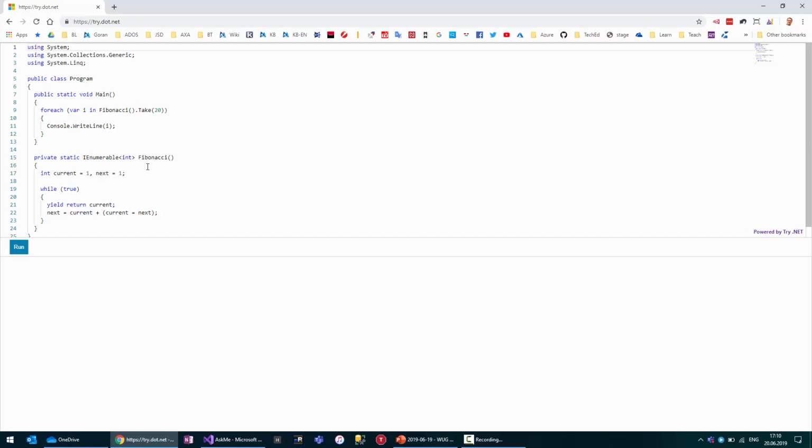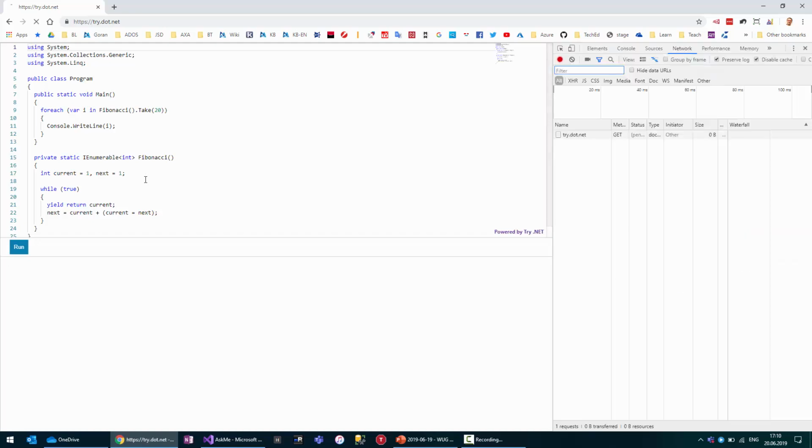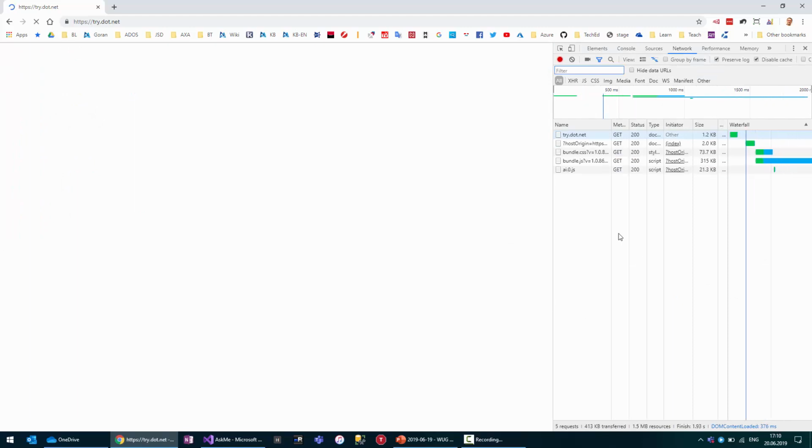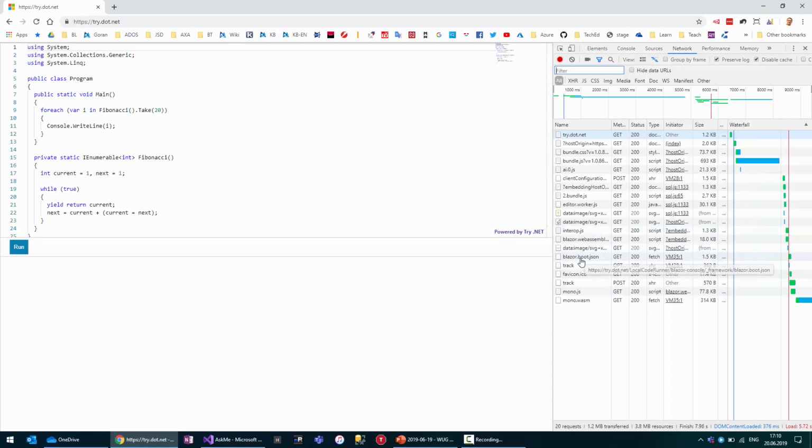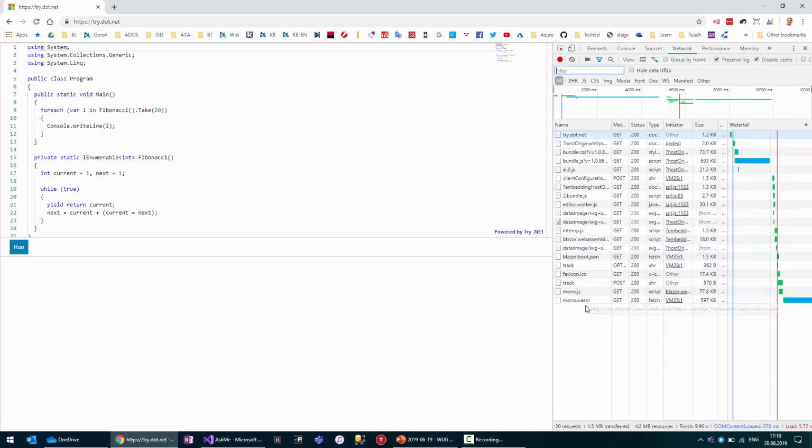And now they switched to Blazor, and whatever you are trying here is running on that Mono engine in Blazor here on client side. Right. So if I do the refresh, you will see that it's loading some version of the Blazor, the Mono here,